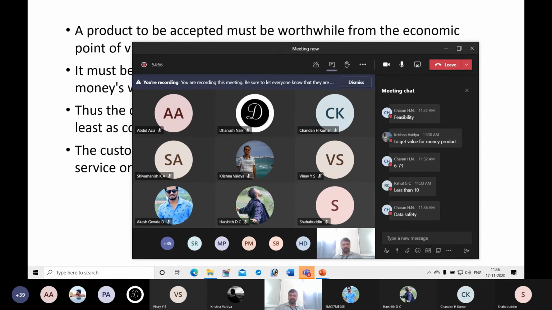That means there are added features. Those features you may not get from other competitors. The service from Samsung or any other Android phones may be good compared to iPhones, but because of those added features, because of the brand value, because of the reliability of the product, you are ready to pay more for iPhones or Apple company products, even though service may not be up to the mark.